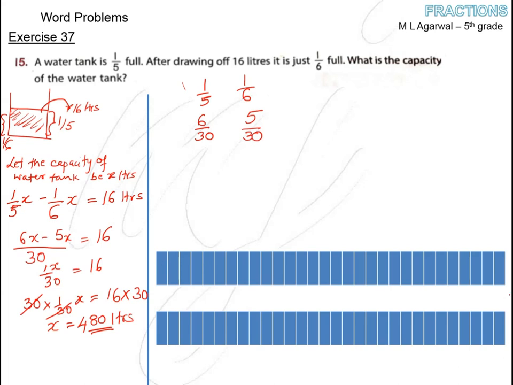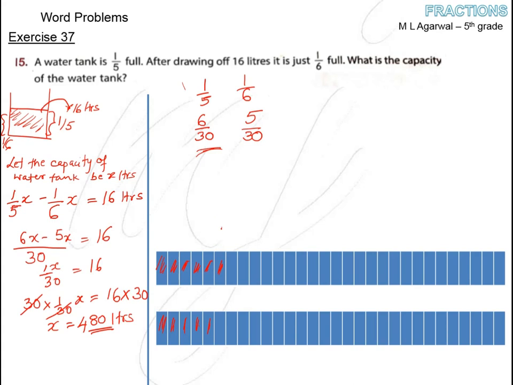This much is my water tank, the full water tank, which has been divided into 30 equal parts. So if you count, it is 30. And now 6 upon 30 has been filled. So I will say 1, 2, 3, 4, 5, 6. This much is filled right now, the first part of it. Okay. And when the water is drawn out from it, after drawing 16 liters, it is 1/6 full. So 1/6 becomes 5 upon 30. So I will say this 1, 2, 3, 4, 5. So if you see this one part